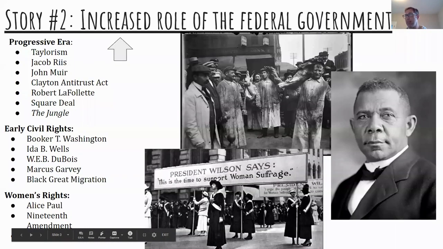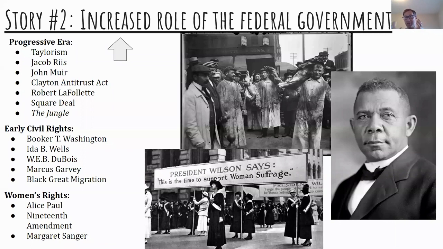The other story, and I'm going to tell you, this story is massive, so you have to understand this, is that starting in the 1890s in period 7, we are going to see the government having a much larger role in the lives of its people. And so, just setting the stage for this, thinking about period 6, we have to understand that we are coming off of a time period of laissez-faire. The government is not super involved in the lives of the people. In period 6, it was business that was for the most part driving America and driving the economy.